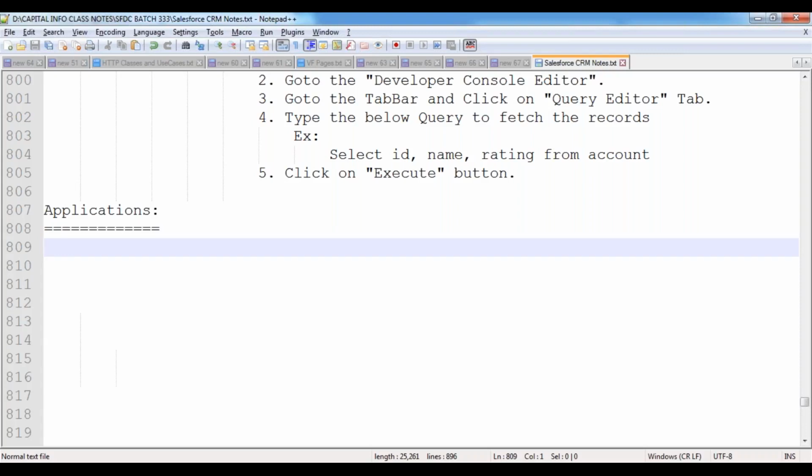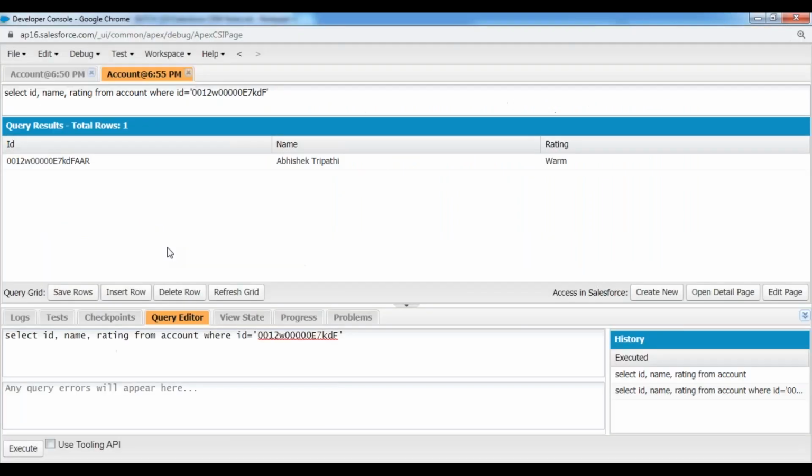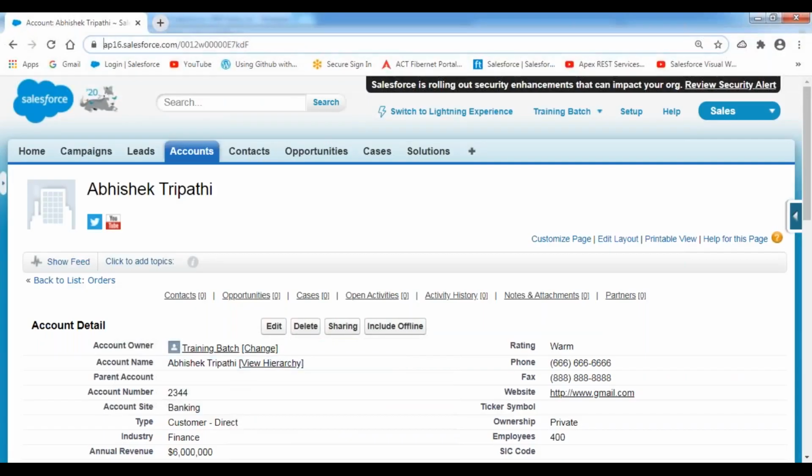So this is a common question. What is the difference between a 15 characters record ID and an 18 characters record ID? So you can explain them. Whenever I'm creating a record inside the table, Salesforce will allocate the 18 characters ID that will be stored inside the database table. But upon displaying that record in the user interface, inside this URL, it will display only the first 15 characters ID. The last 3 characters will not be visible because of security reasons.